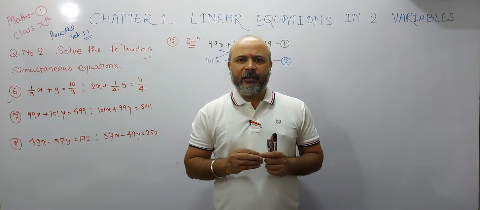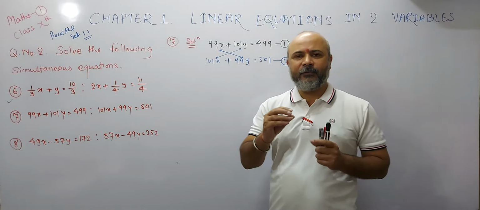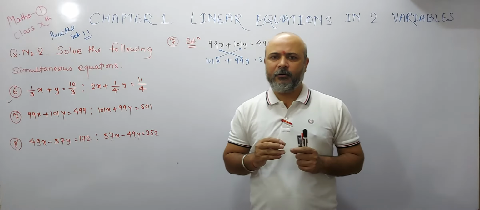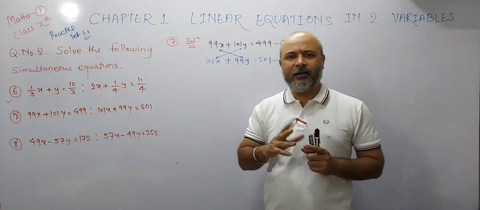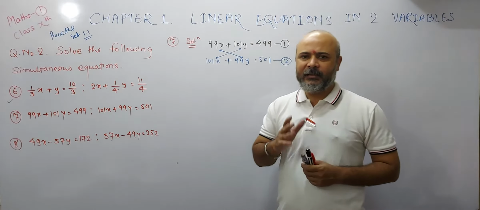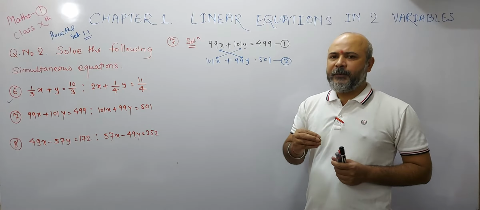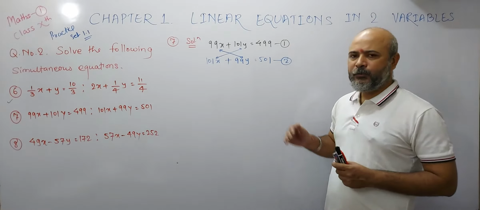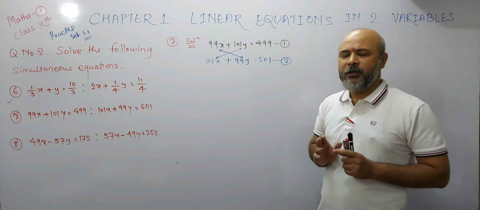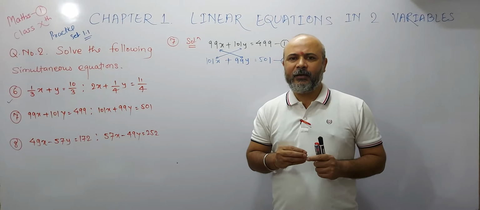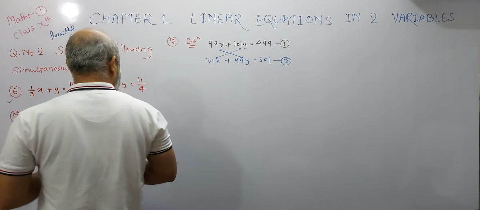So students, when you get such kind of example where the coefficients of variables x and y are interchanged, at that time you are going to perform a first operation, adding equations 1 and 2, and then a second operation, subtracting equations 1 and 2. Means one time you add the equations 1 and 2, and second time you subtract equations 1 and 2. So let us see how you will solve.